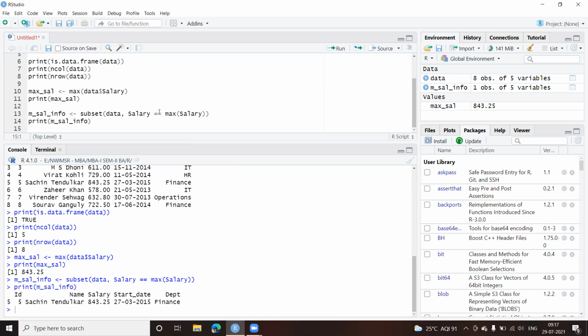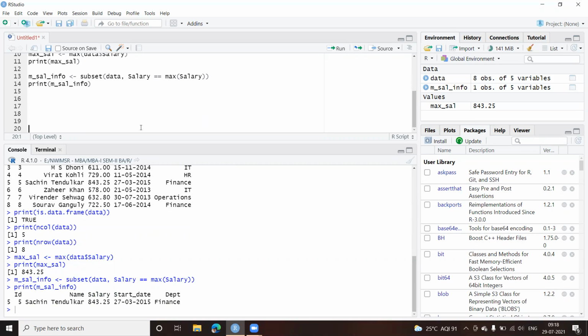Now it's not always necessary that you write equal to and compare it. We can also make use of the less than sign, equal to sign, all that stuff can be done. Or you can also give a constant. Let us say I want all the records from the IT department. Let us say IT, say DEPT, department. And again, I'll be using subset.